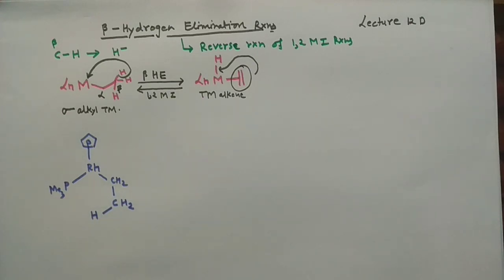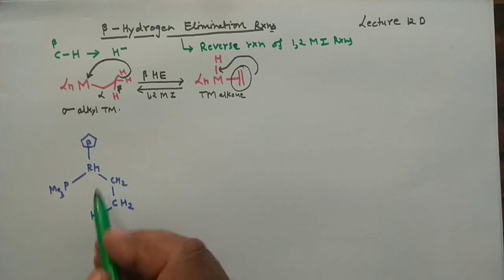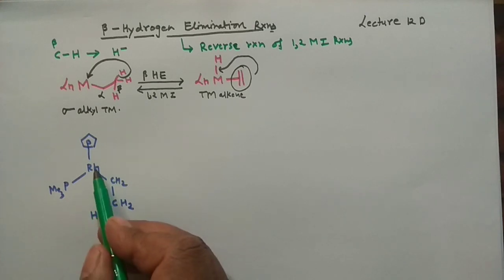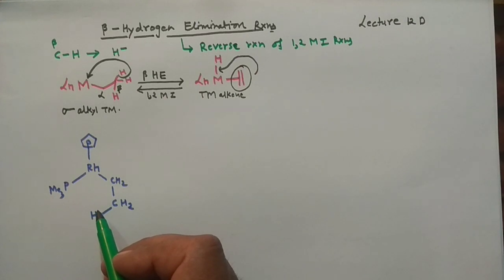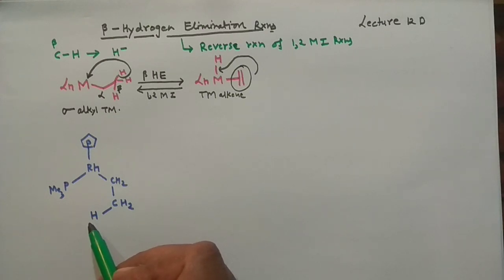And what I am going to explain here, guys, is something very, very important. In that case, you can see this metal rhodium and this hydrogen actually have the cis relationship, because the orientation of the hydrogen as well as the metal is the same. This is known as the cis orientation or the syn orientation, and it is very important to note that whenever you want to do this beta hydrogen elimination reaction, this cis coplanarity, that means the metal and the hydrogen must be cis as well as in the same plane, right?